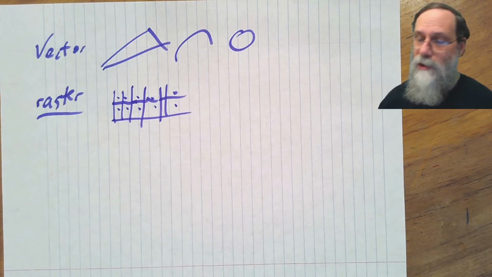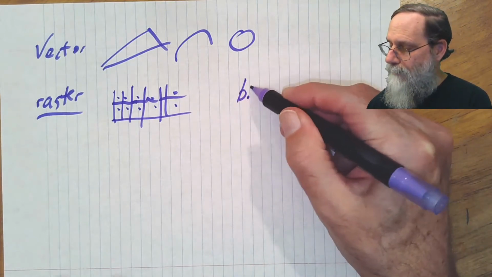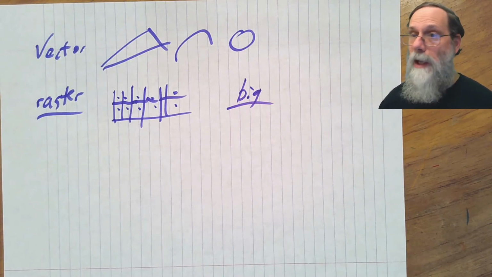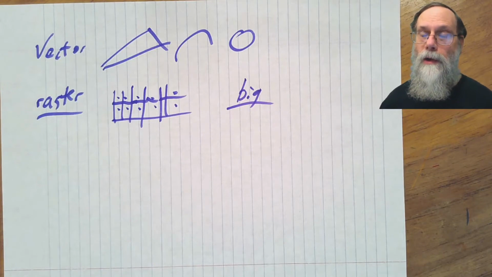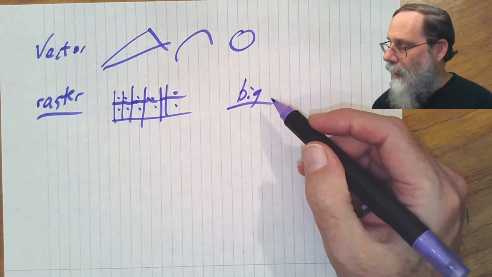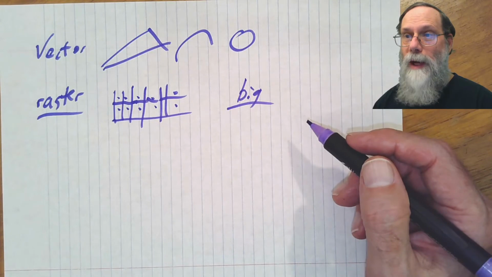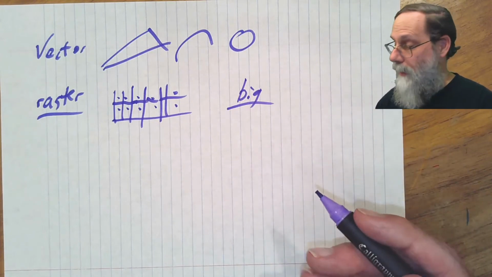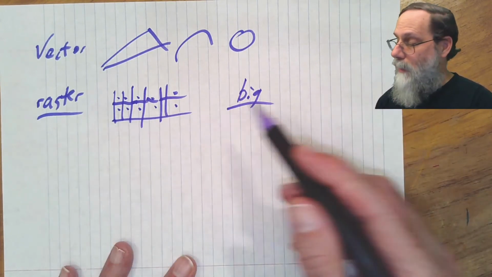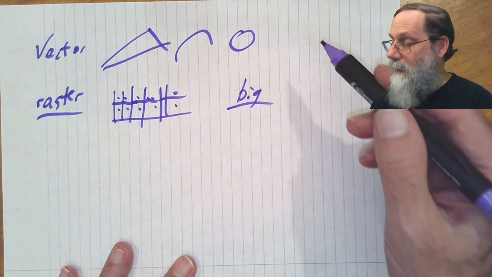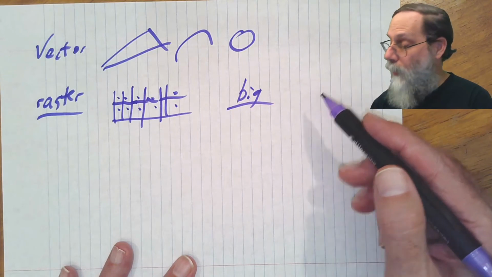Raster graphics also generally tend to be big. They can be compressed somewhat, and the standard formats that people use do some compression in order to try and save memory space. But there are limitations on how much you can do that without the image quality being degraded. The file formats you generally see for representing graphics tend to be associated with one or the other of these types. For instance,